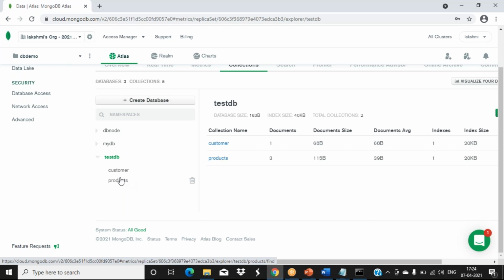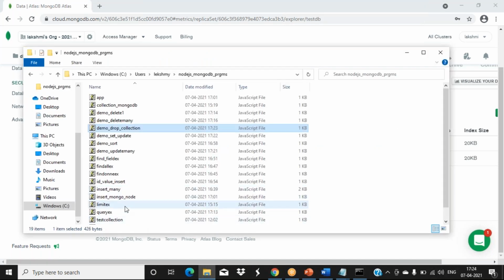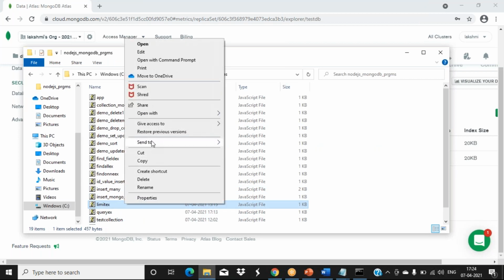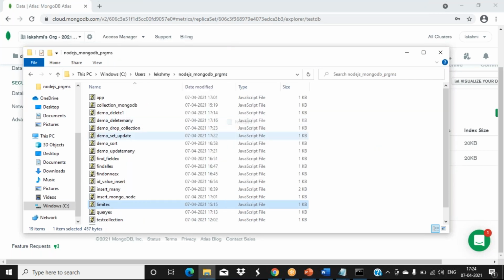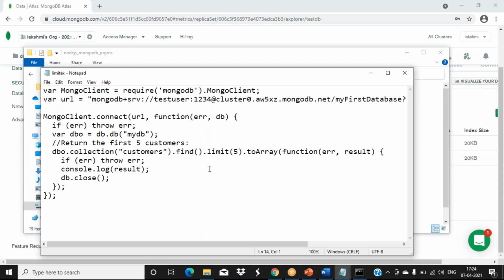So I completed all the database operations using Node.js, connected with MongoDB. One more thing is we can set some limit. That one example I'll show you. While finding, all documents we are finding, because more than one document I want to display, but in that also you can restrict the numbers. So you are restricting, like, only 5 values. Some restrictions we are telling there.